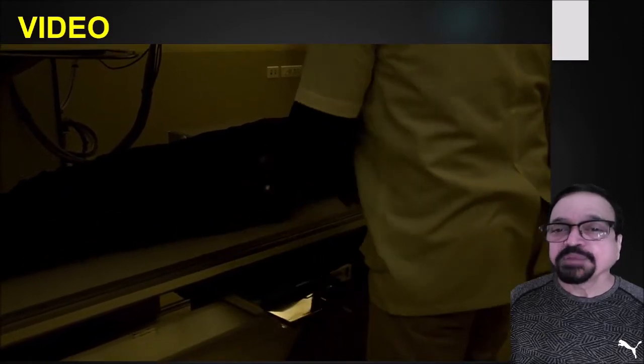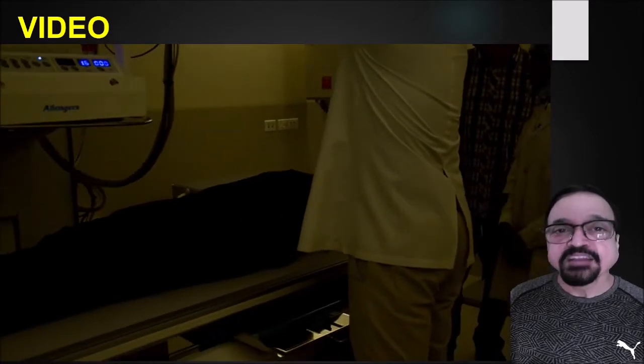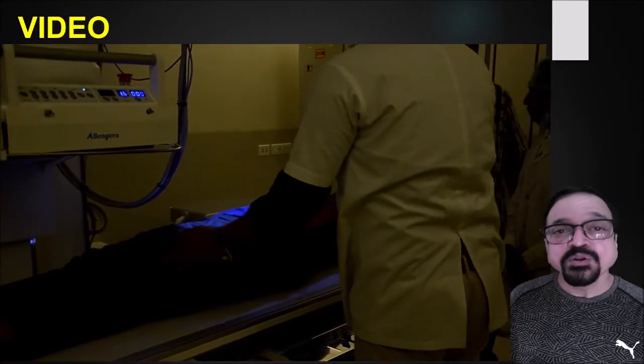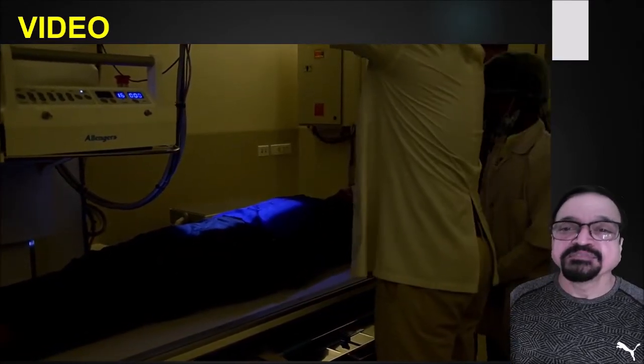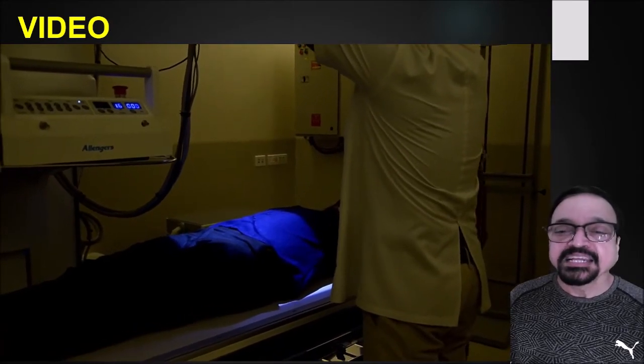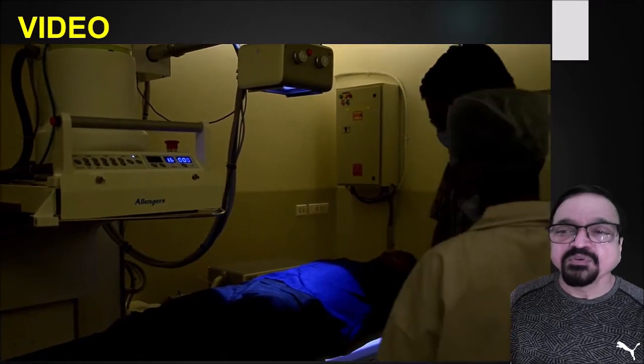Now the patient is supine on the table. Here, whichever pars interarticularis you want goes near to the table, and whichever SI joint you want goes far from the film, or far from the cassette. Now see, the central ray is made at the iliac crest, that is L3, L4, and